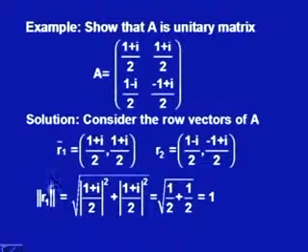We calculate their magnitude. So, the norm of R1 is the square of the first component plus the square of the second component, and |1+i|^2 is the real part squared plus the imaginary part squared, divided by 2. So, it is (1+1) divided by the square of 2, which is 4. So, this number is equal to 1/2. Similarly, this is also 1/2. So, we have 1. So, the norm of the row vector is 1.